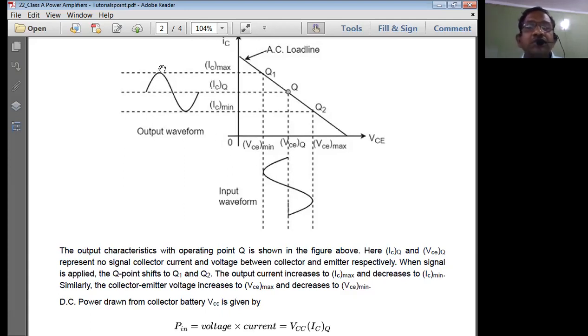This output current swing can also increase up to the IC maximum value here and the minimum value here. You can extend this, provided your heat sinks are working fine. The better the heat sinks work, the better the response we get. We don't go to the maximum value because that would break down the transistor. We come a little bit prior to this to fix the design values for power amplifier cases.